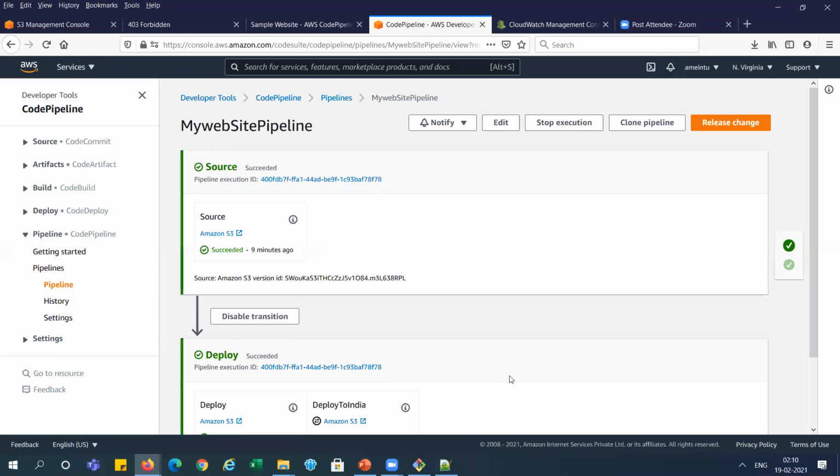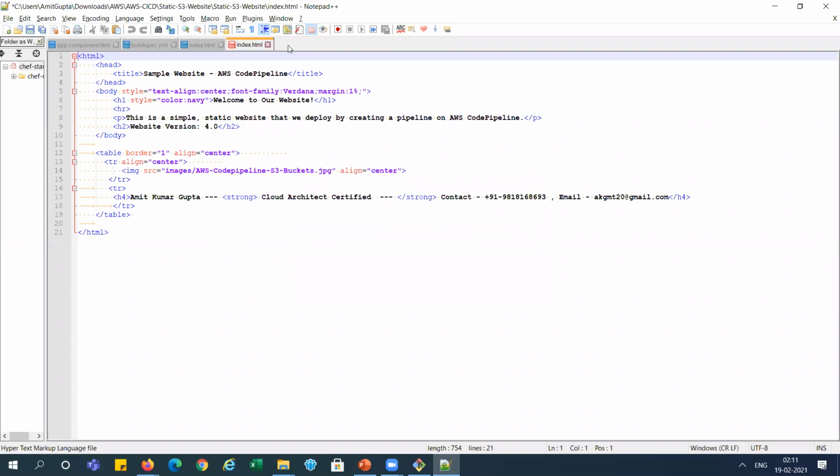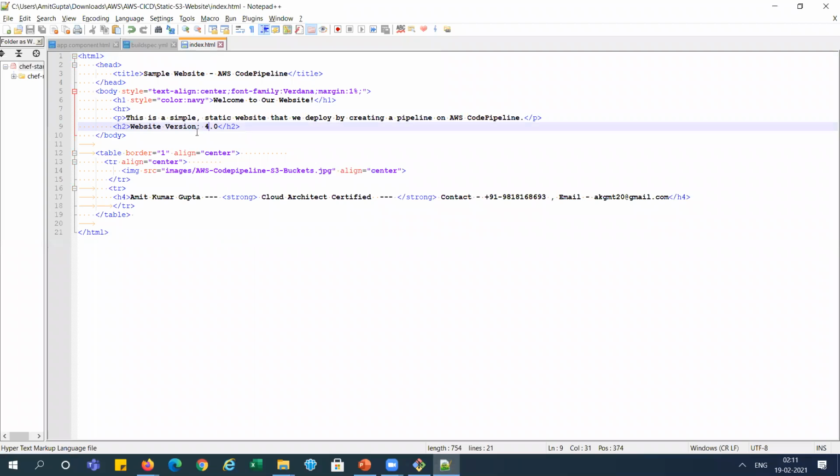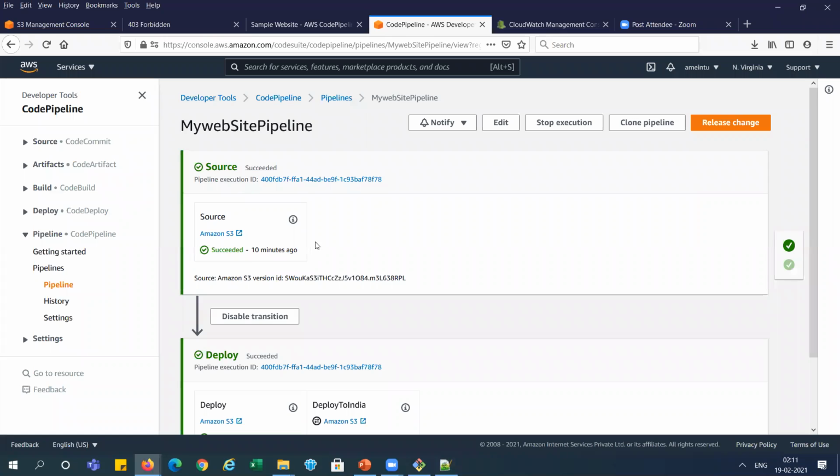So we have tested using the code change, or we can directly go to release the changes. Manual testing we can do, because earlier we did it for the automatic changes. The other way we can go here. No, this is not our file. This is the file. We can change the version, anything here, and check in the code, right? So upload the files, create a zip file and upload to the S3 bucket. Then it will run automatically, or better, we can just release the changes, right? So both things are the same.